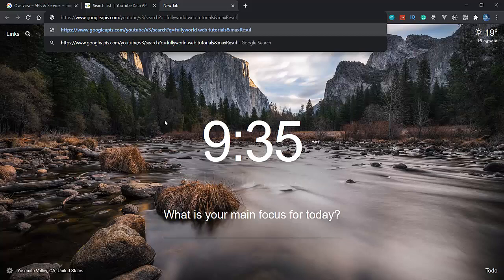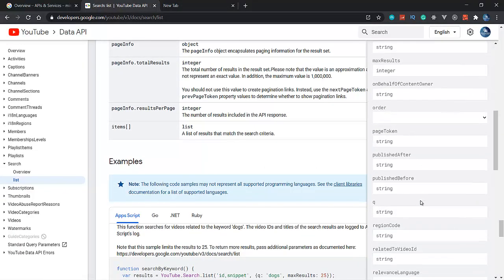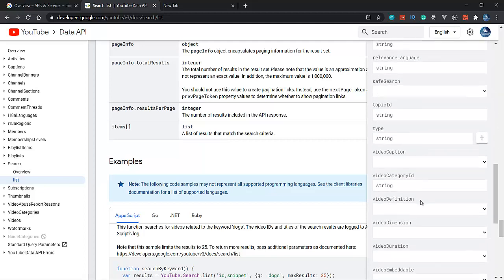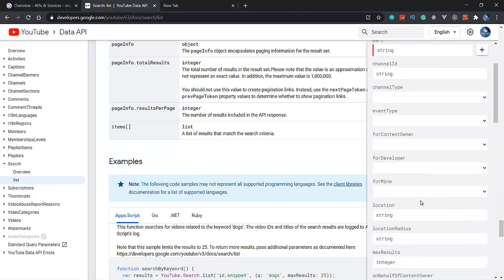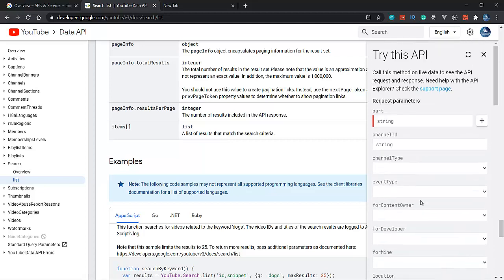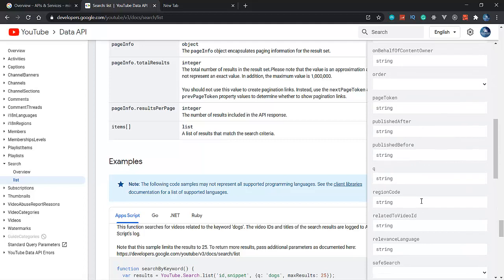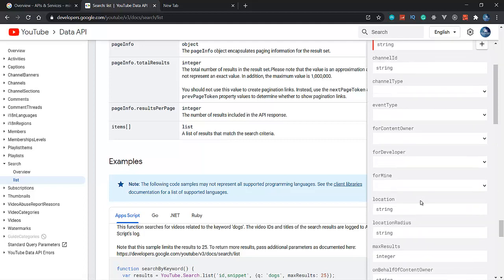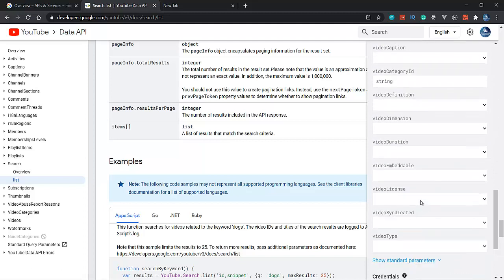Maximum result. Let me see it again here. Maximum result, how is it?